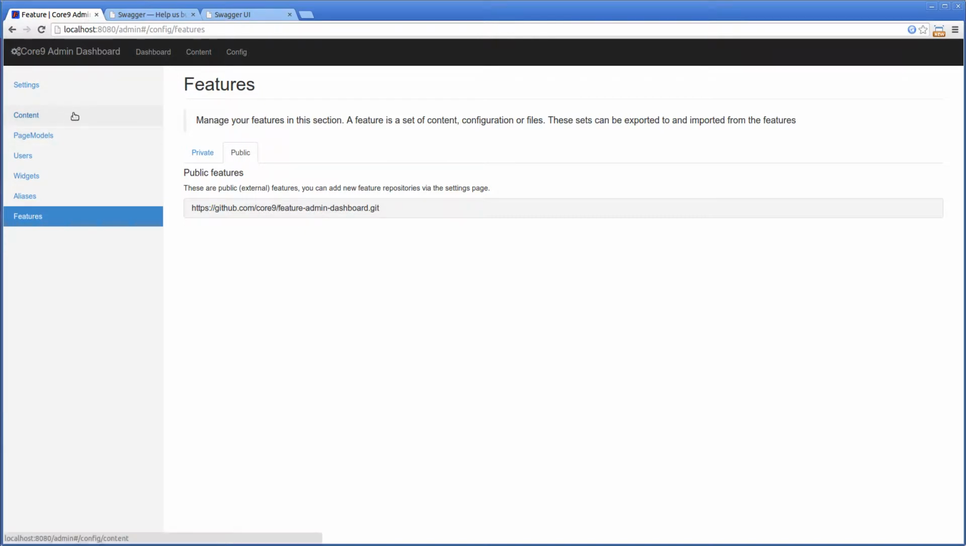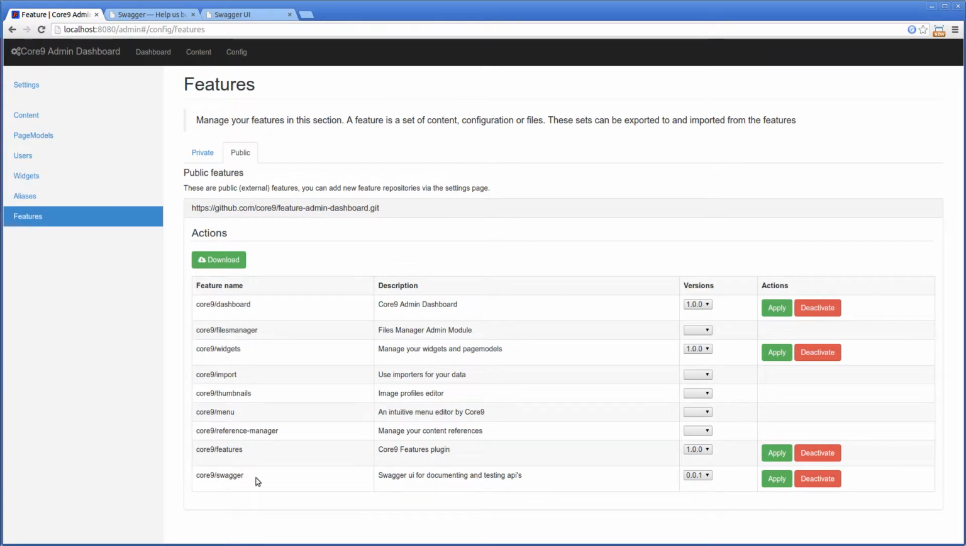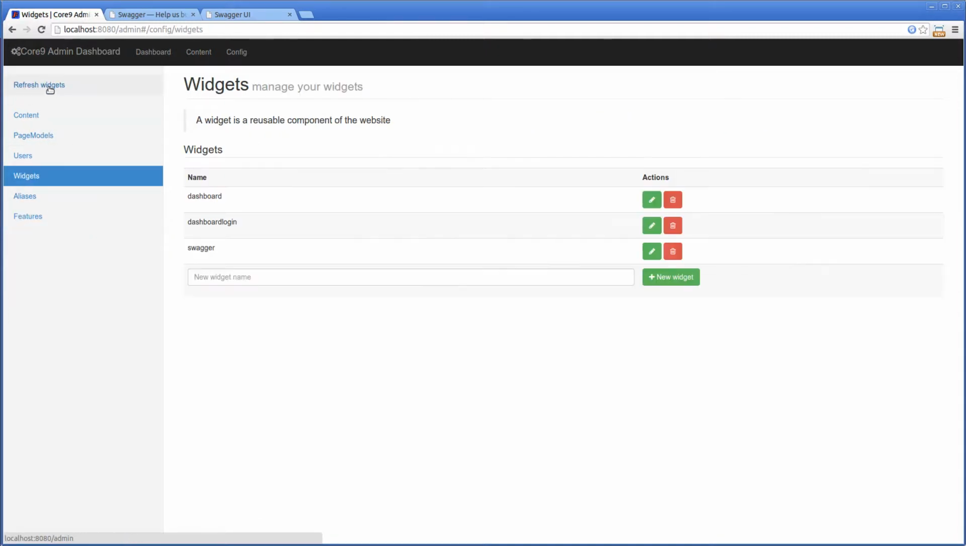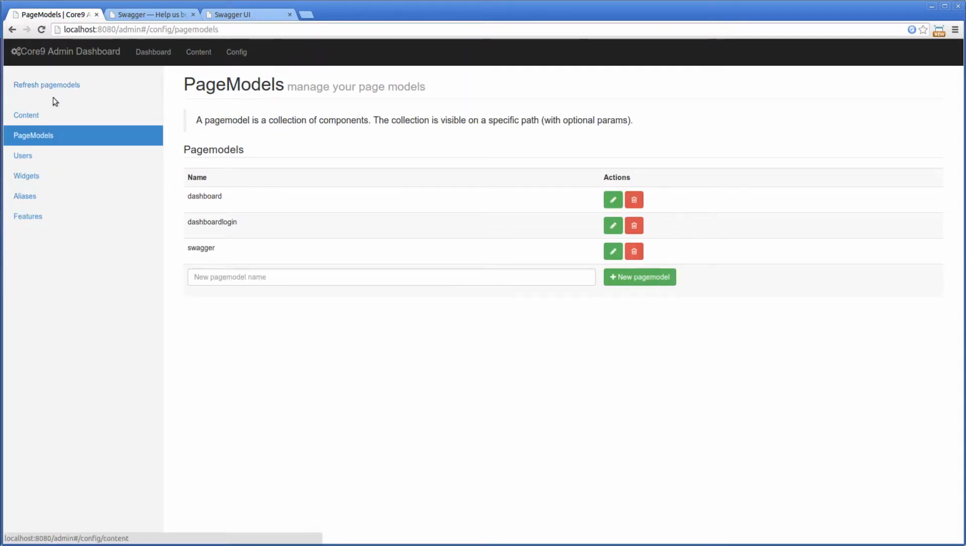I hope you're already familiar with it. If not, you'll just see one of the earlier screenshots. Okay, I'll go to features, and I implemented the Core9 Swagger feature. Basically you just apply it. When you apply it, I think you have to refresh the widgets and the page models again, and then, the big trick,